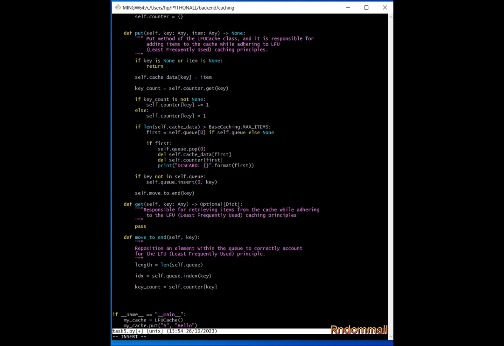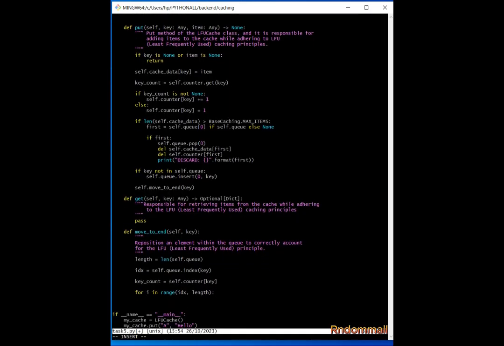And then we are going to iterate through the queue starting from the current position, that is starting from the current index of the key. So we say for i in range, start from the index, and we are going to stop at the length. The goal is to find the right position for the key in the queue based on its LFU count compared to other elements. So again, inside this loop,